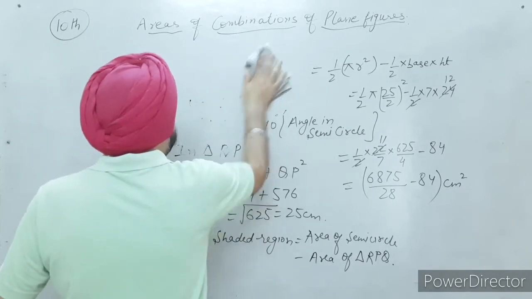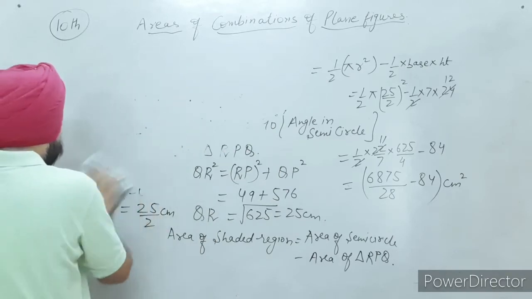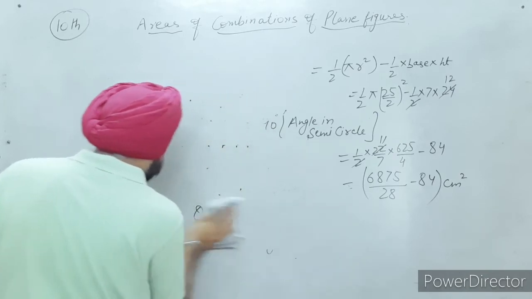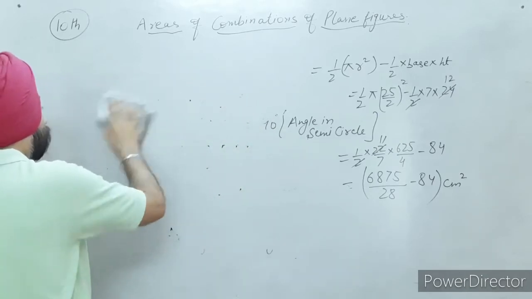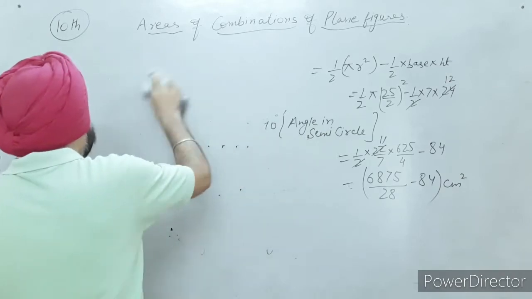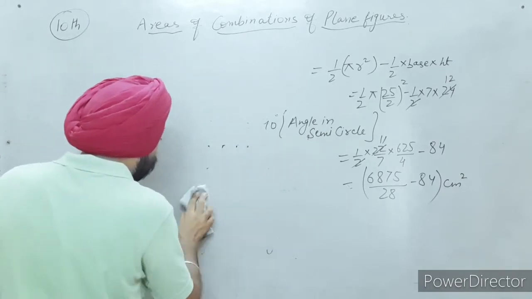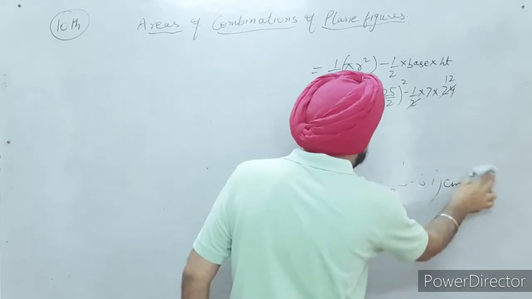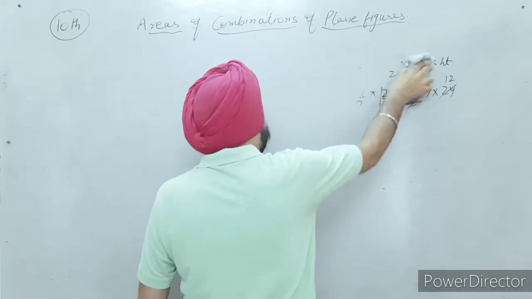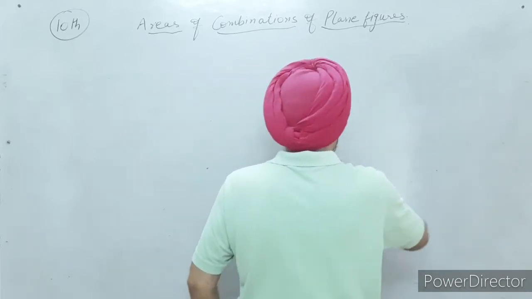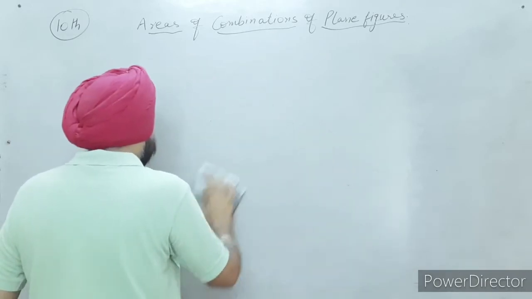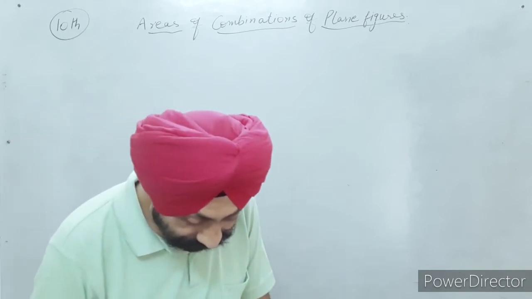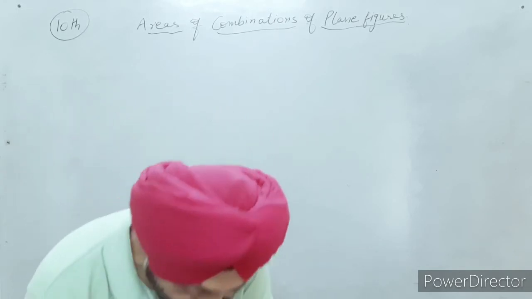Now the second question from this topic. Again a very good question, easy to understand. Again, remember the formulas: area of a circle, area of a right angle triangle, then area of a sector, area of the major segment, how you calculate it, then length of the arc, minor arc, major arc, right? They will be used all over. Now the second question.